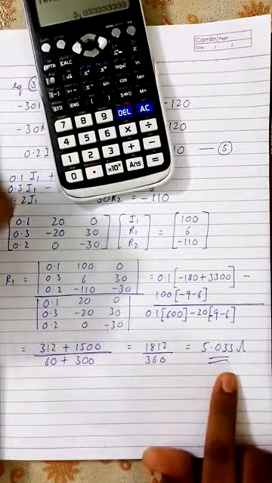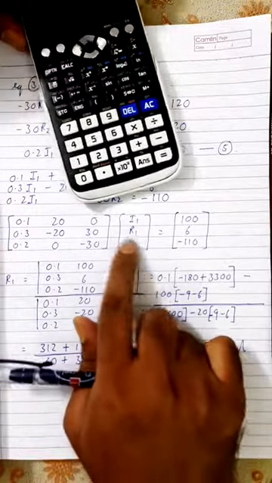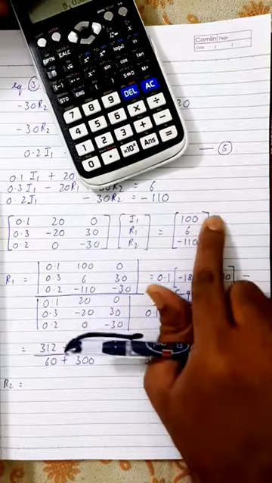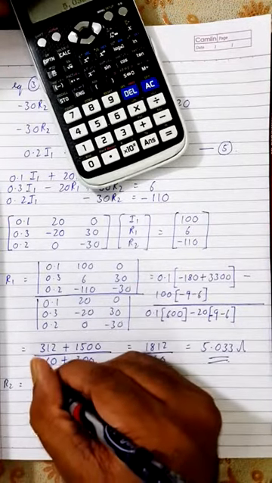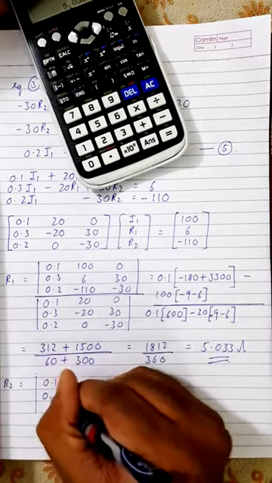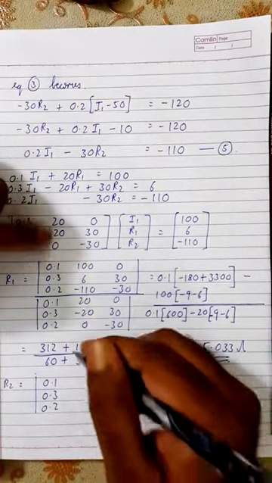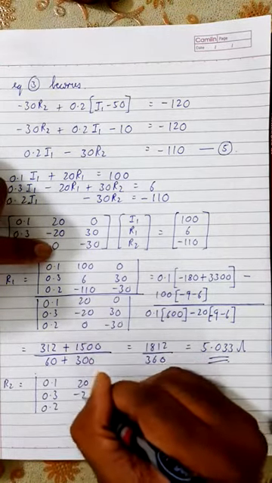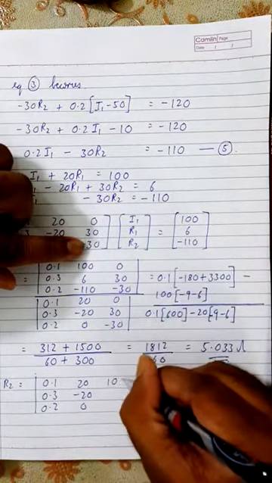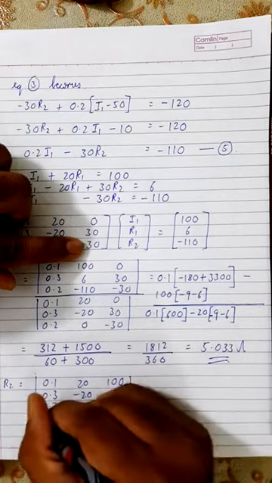So this is the equation for R1. Now next is to find R2, and to find R2, you can see that R2 is in the third row, which means I need to replace the third column with this, okay? So R2 is nothing but the determinant of 0.1, 0.3, 0.2, and the second column is also the same, right? 20, minus 20, 0, and the third column is replaced with this 100, 6 minus 1 is 0, divided by